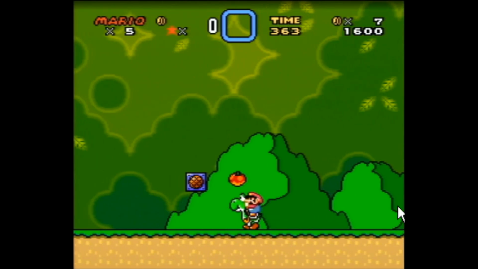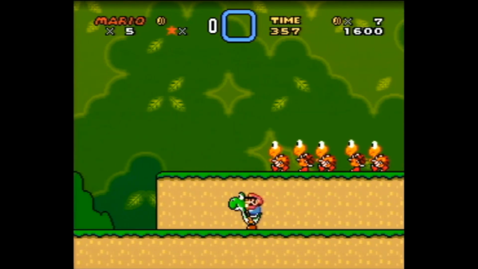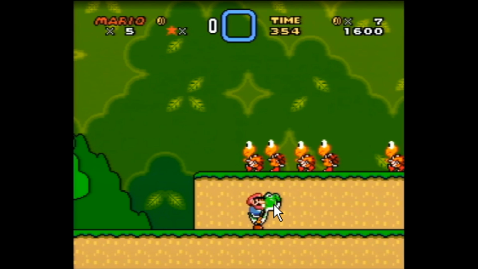Then I get back on Yoshi, I just leave that shell alone, I don't need it anymore. I'm just gonna ignore it for the rest of the run. Then I grab these Koopas. Now, each time I spit out a Koopa,